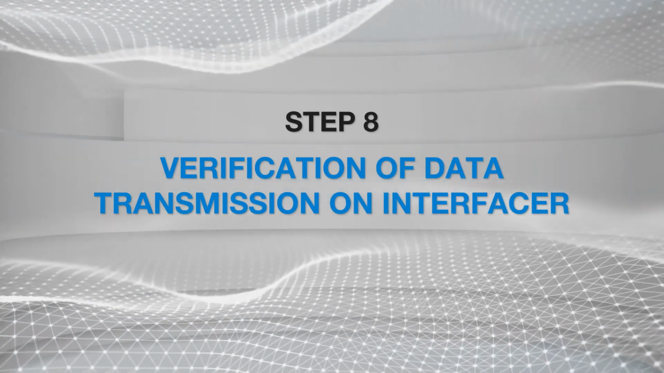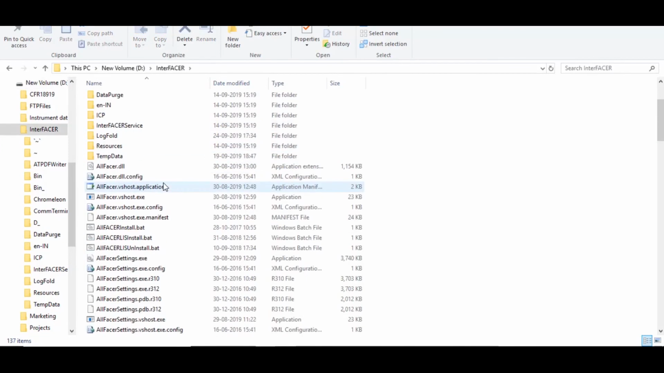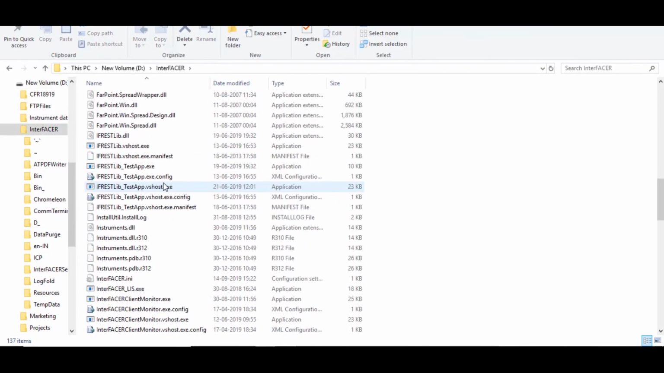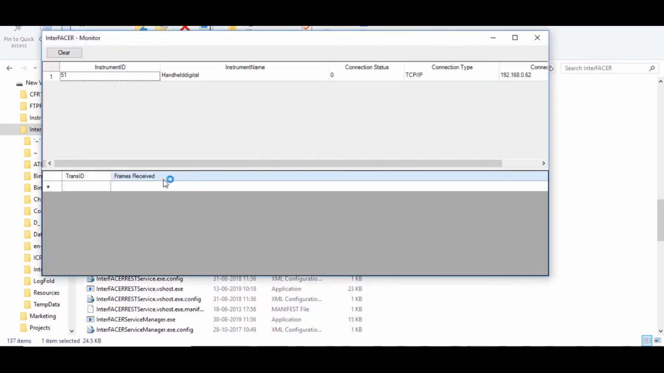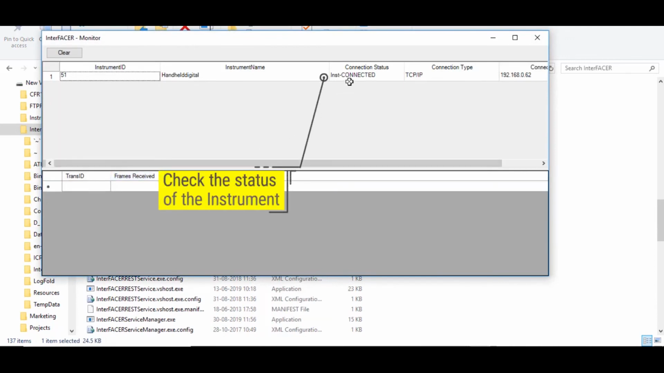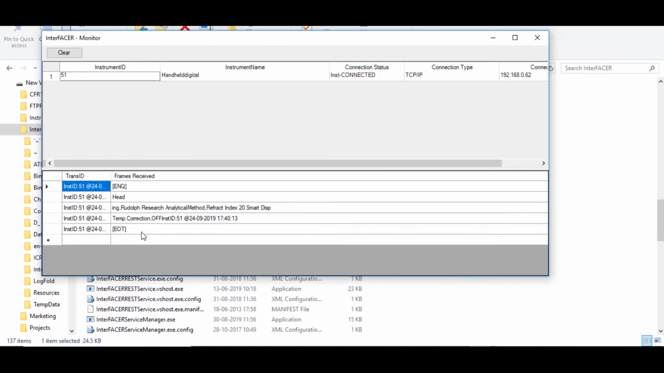Ensure the instrument connectivity using the interfacer. Open the instrument connectivity exe and search the connected devices. The connected devices should display as instrument connected. Once the instrument is connected, push the data from the respective instrument to the connection. The data sent is captured and displayed in the interfacer. Once the interfacer is displaying the data properly,